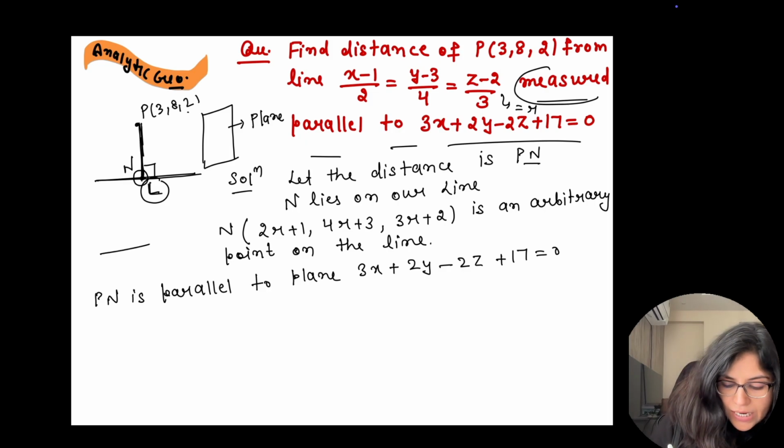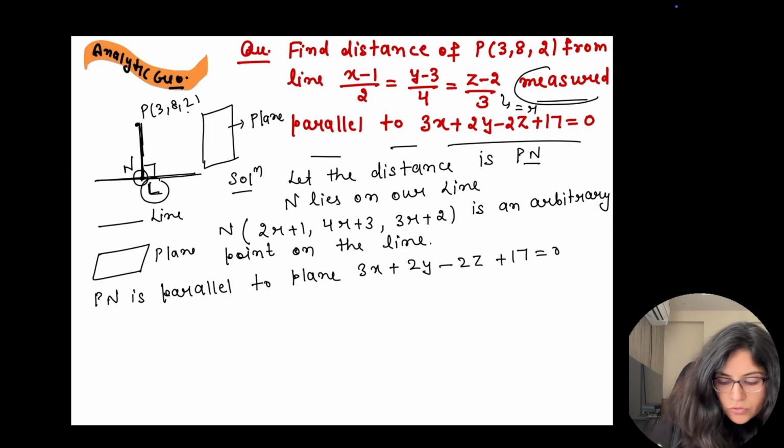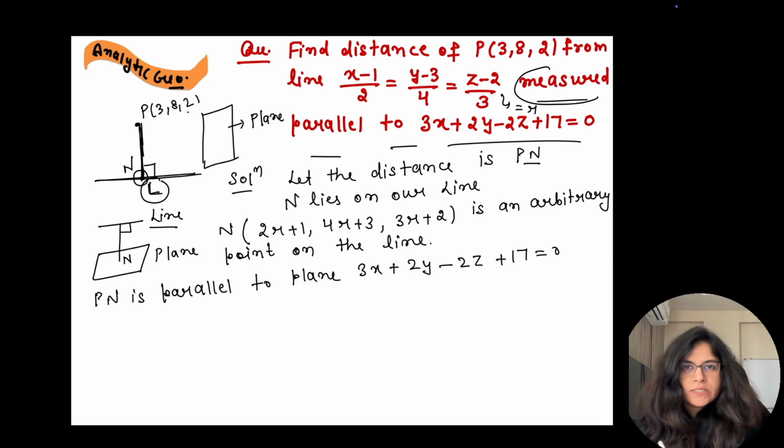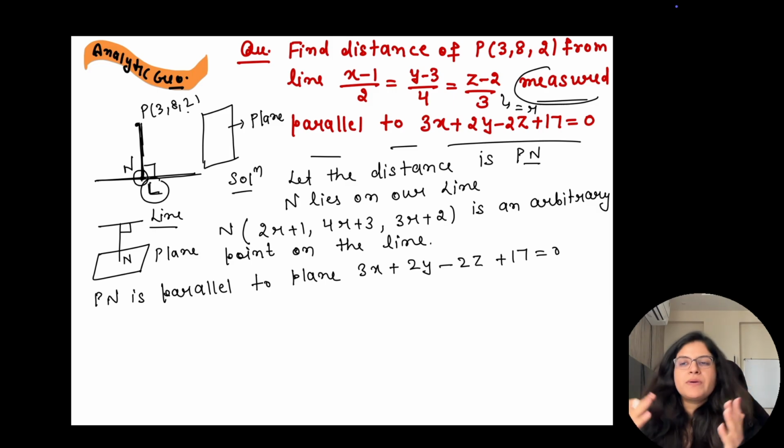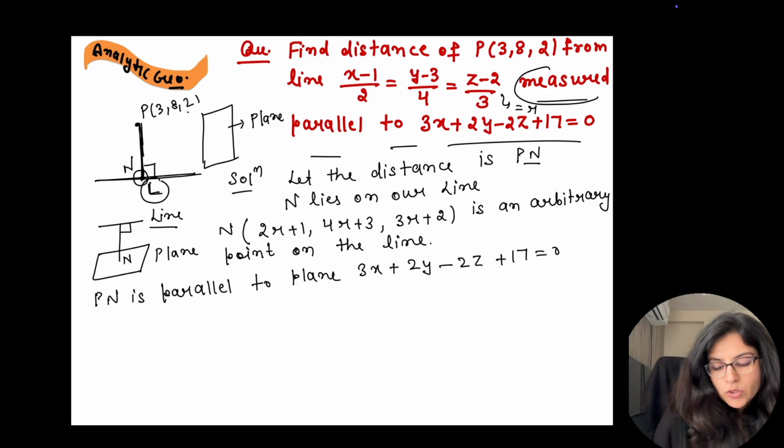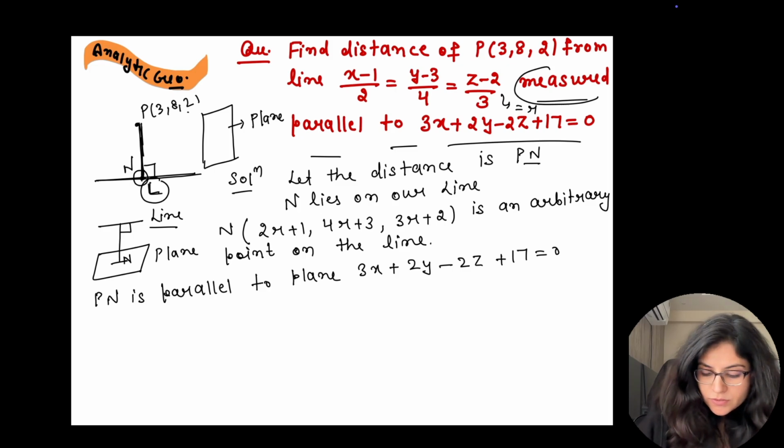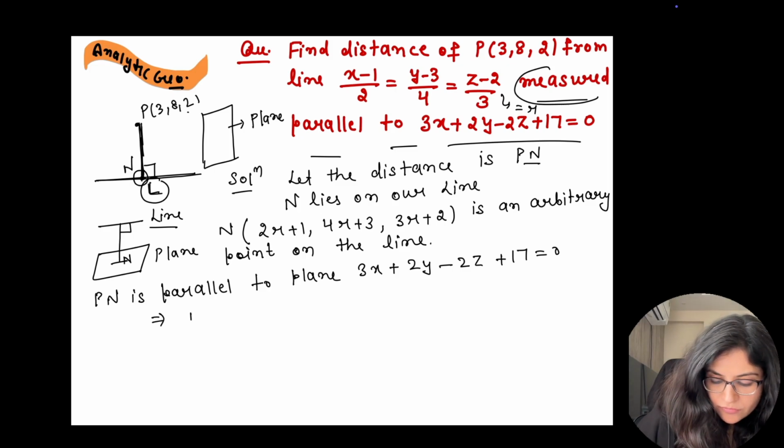Whenever a line is parallel to a plane, the normal of the plane will be perpendicular to the line. Whenever a line is parallel to another plane, its normal will be perpendicular to that line. Always remember it. So it implies the normal of the plane